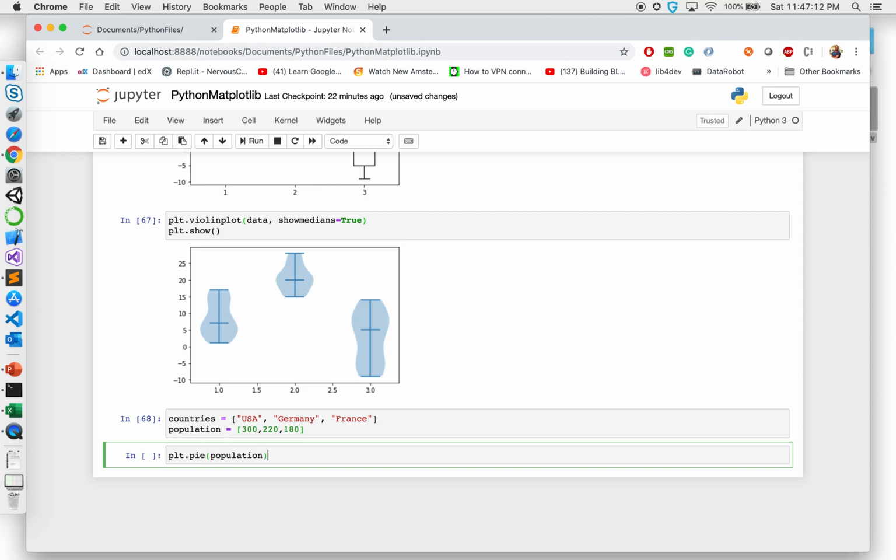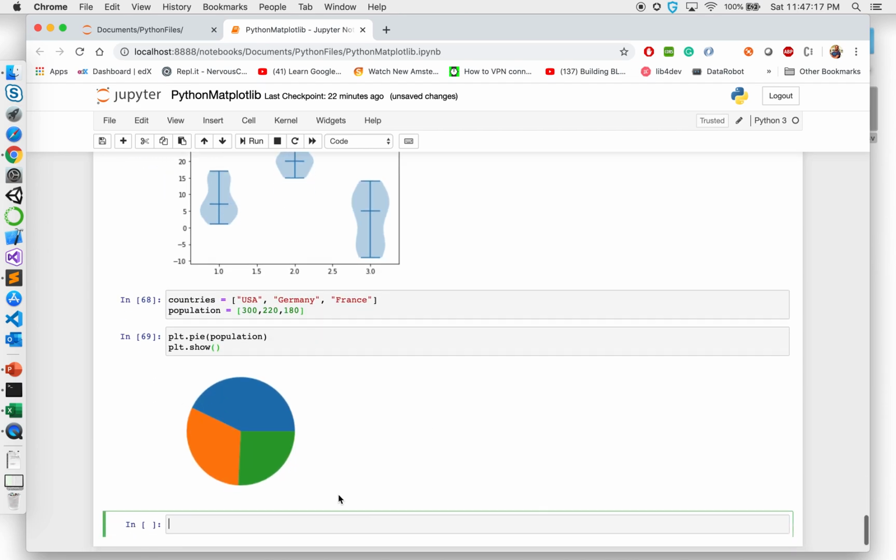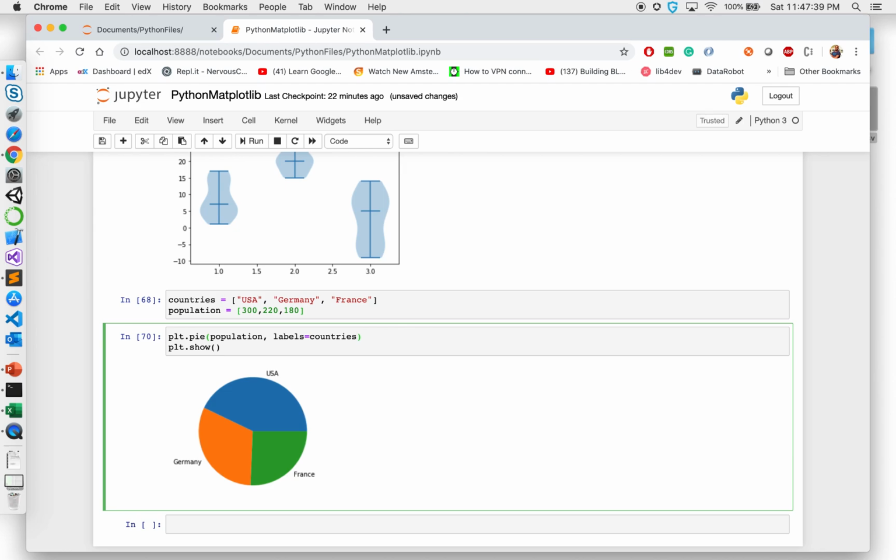population, plot dot show. Now it will create a pie chart. This is how a pie chart looks like. So from the numbers, I can say this is USA, this is Germany, and this is France. Now if I want to display labels, I can say labels equal to my countries, and it will add labels around it. If I want to give percentages inside it, I can say comma autopct equal to